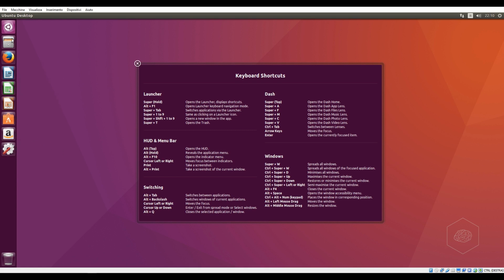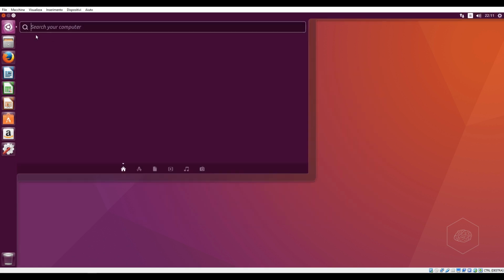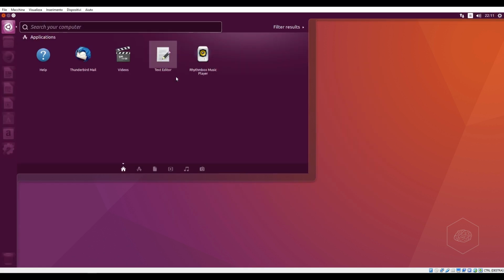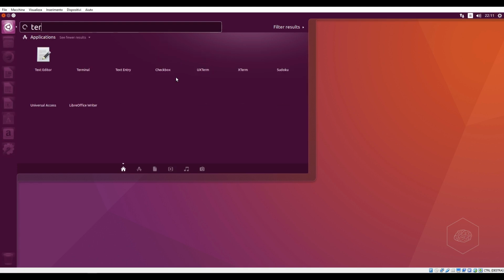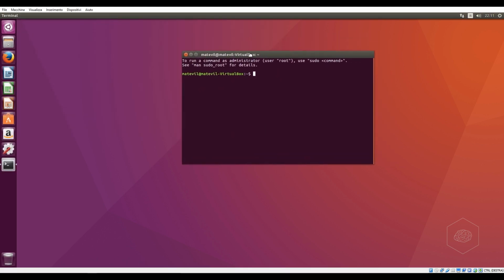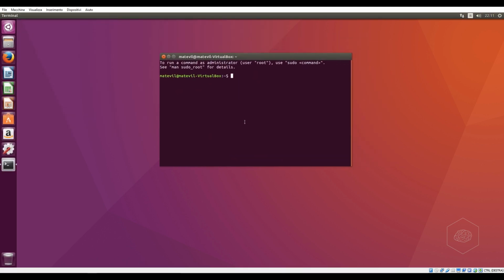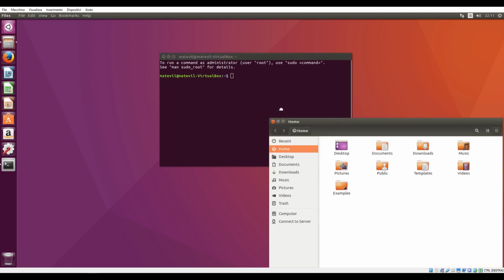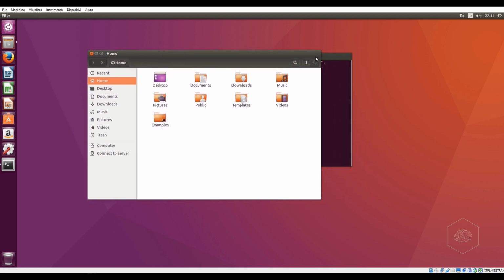Okay, we can start to see some operations. The most important thing inside Ubuntu is the terminal. With the terminal we can do more operations here. And when you open the terminal, you have the root. The root, what is it? The root in this case I have, let's see,